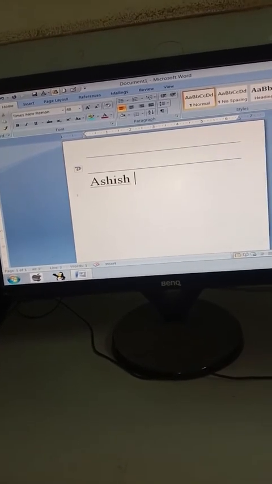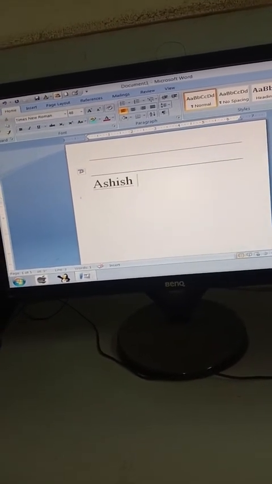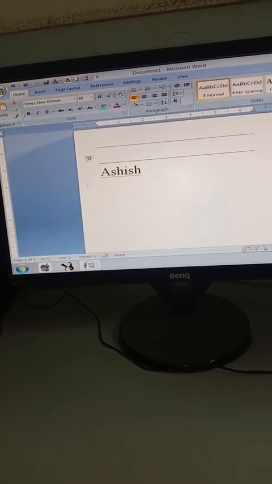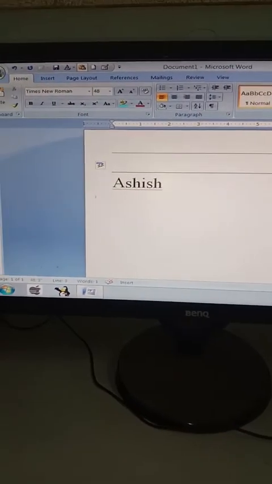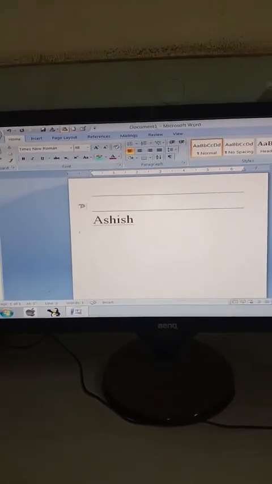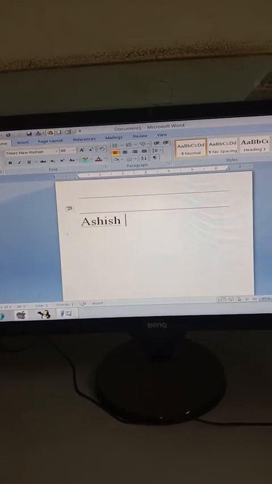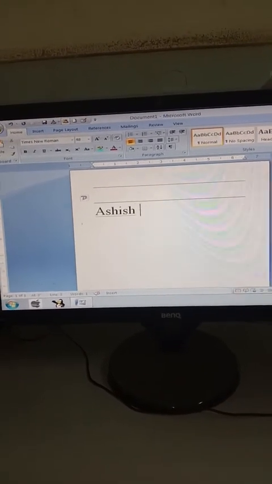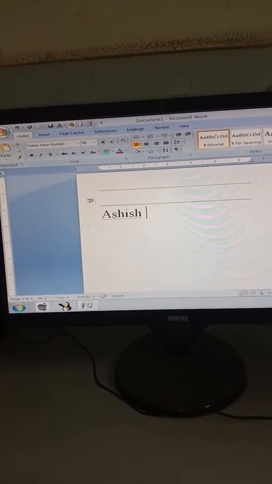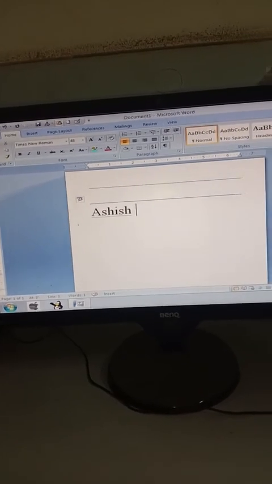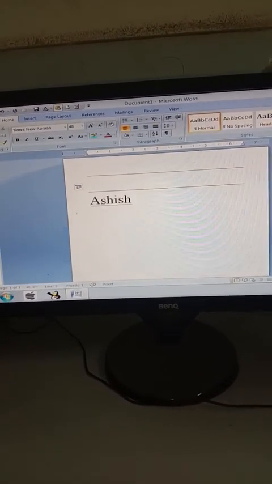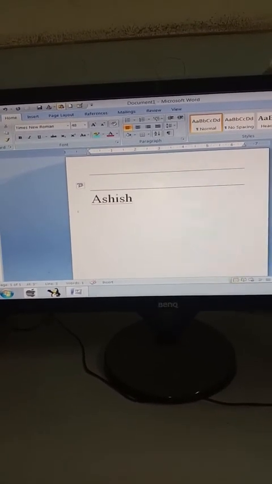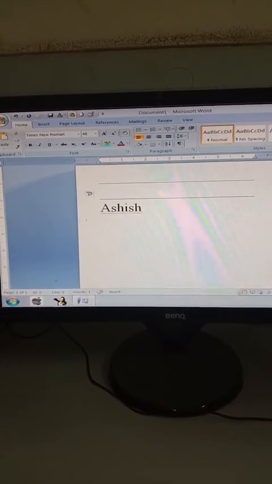Next, adding a row, how to add a row, how to delete a row, how to add a column, what are the different methods of adding a column, how to delete a column, how to merge 2 or more cells into a single cell, how to add the table heading, and how to split a table into 2 or more parts. Next, in auto format, we have discussed some of its features. In the next video, we will be continuing our topic, reviewing a document.